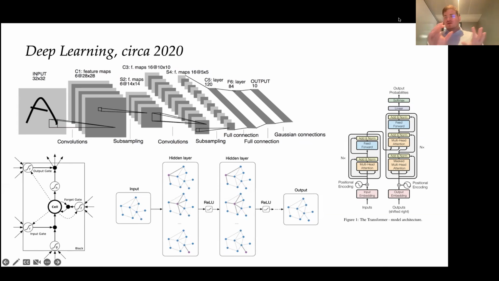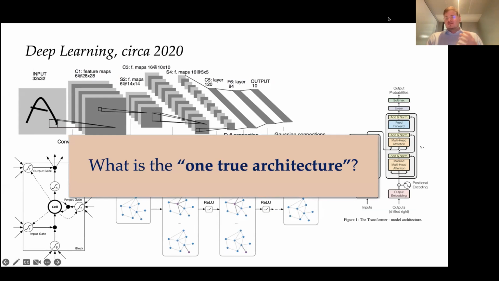So there's a lot of very concurrent developments in the area of deep learning, leading to generally super potent models that come from different inspirations, either signal processing or language modeling or network science, and all of those come with different terminologies. And then there's a big question for someone who wants to enter the field of deep learning or to study it more deeply, like, what is the one true architecture? What is the model class that I should be studying that kind of encompasses all the capabilities I'm going to need? And I don't think it's far-fetched to say that deep learning around 2020 feels a lot like geometry